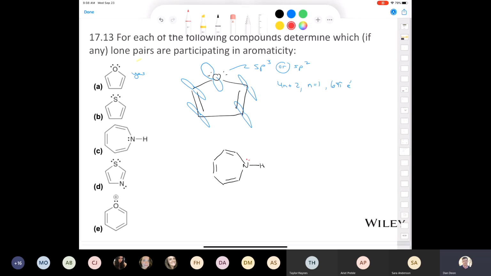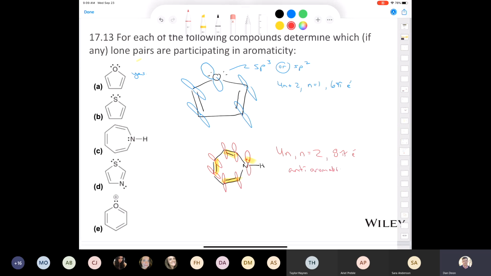I get some people saying no, and I think those people are on the right track, because hypothetically, if it was, you'd have p orbital, p orbital, p orbital, p orbital, p orbital, p orbital, right? And if it was, okay, and it's not, so don't draw what I'm drawing here, you'd have a total of 1, 2, 3, 4, 5, 6, 7, 8 pi electrons. That's not a Huckel number. That's 4n when n is equal to 2, so you'd have 8 pi electrons. That would make it